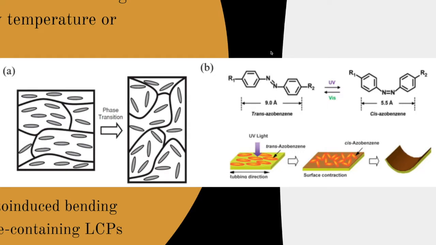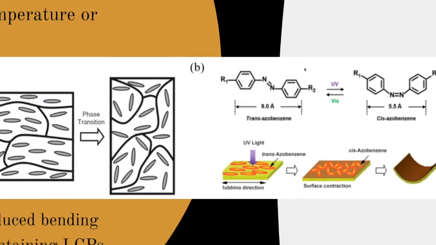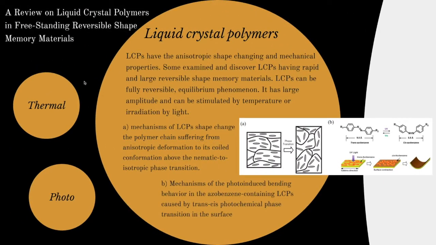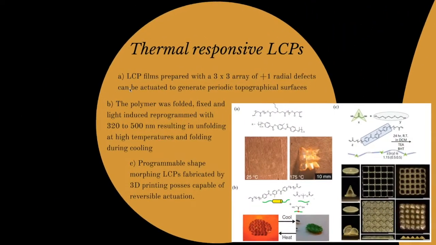Any materials. So by doing this, you can have a bending structure. So if you take the line, it will bend. So for this polymer, you have a thermal and a photo mechanism. For thermal,